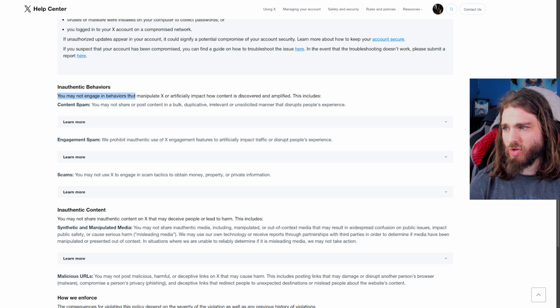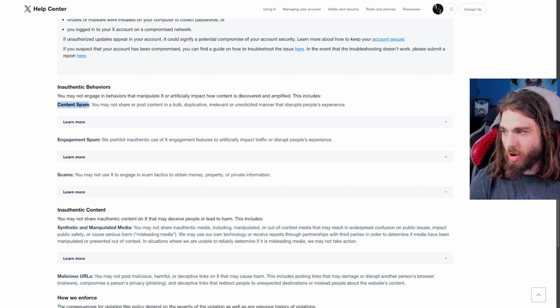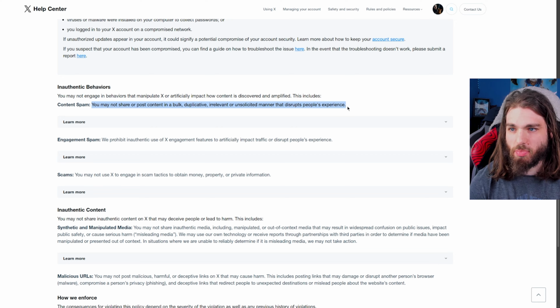Inauthentic behaviors, which is what my account got labeled as. You may not engage in behaviors that manipulate X or artificially impact how content is discovered and amplified. This includes content spam, right? You may not share or post content in a bulk, duplicate, irrelevant or unsolicited manner that disrupts people's experience. Right. So the only thing I can think of as to why I got suspended is because two weeks ago,